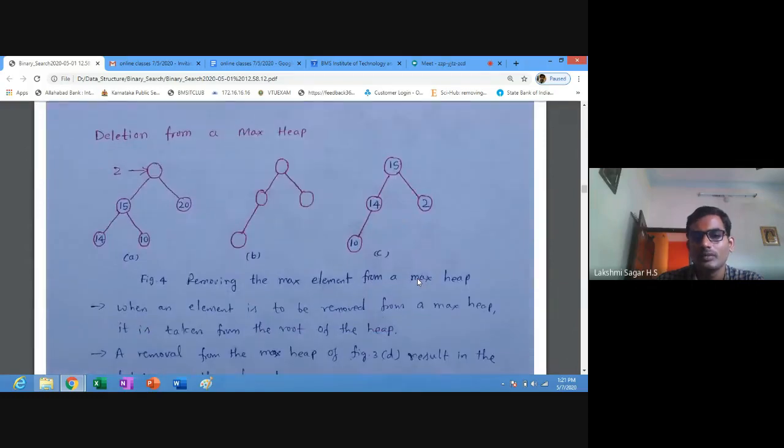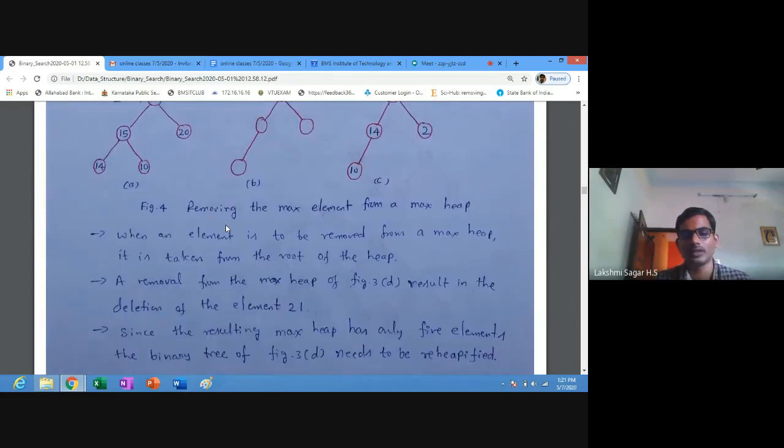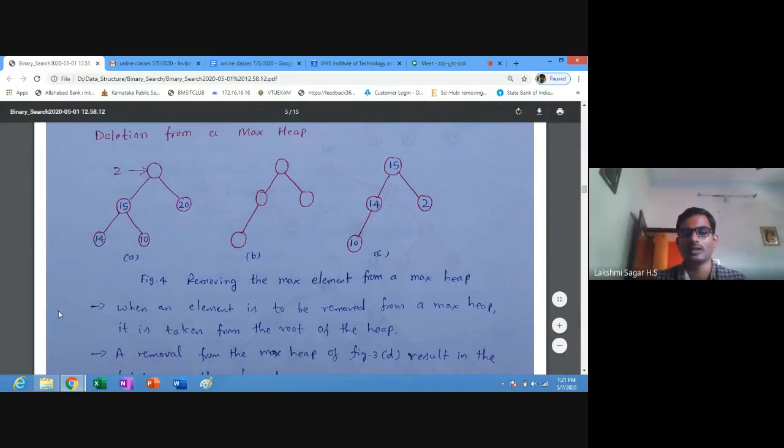Deletion from a max heap. Suppose you are removing a node in a max heap, then we can use this strategy. When an element is to be removed from a max heap, it is taken from the root of the heap.